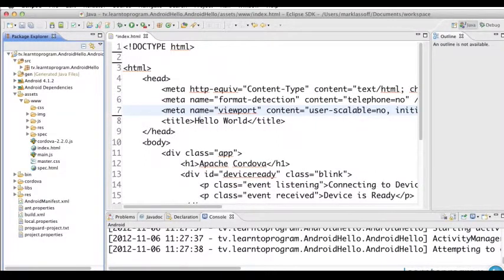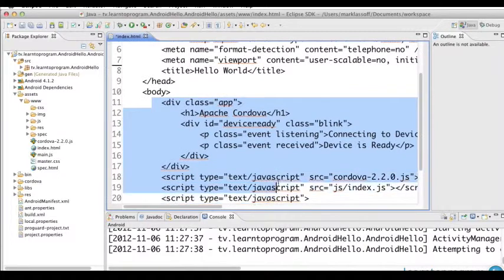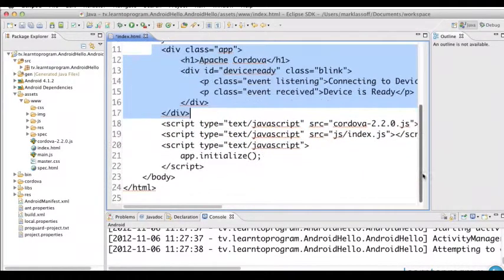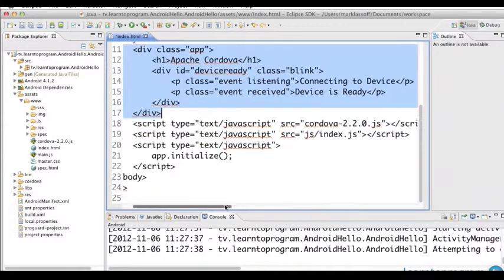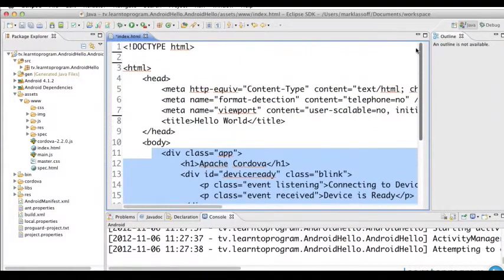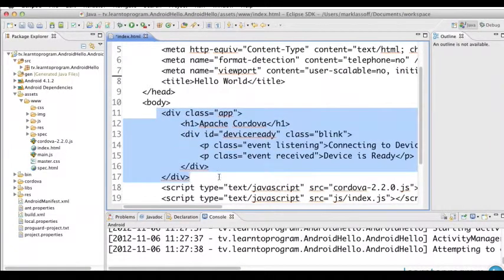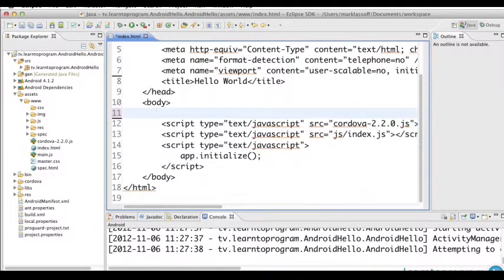That's gone. I'm going to take out all of the content here in the body just about. So here we have a div class app and a div called device ready, class blank. I'm going to take all of this out,